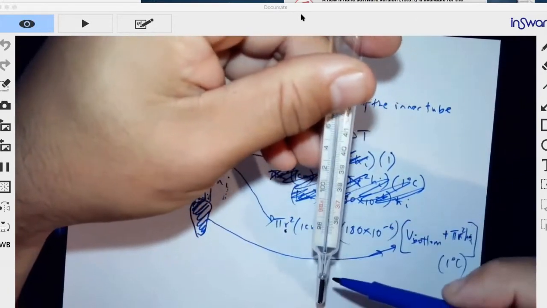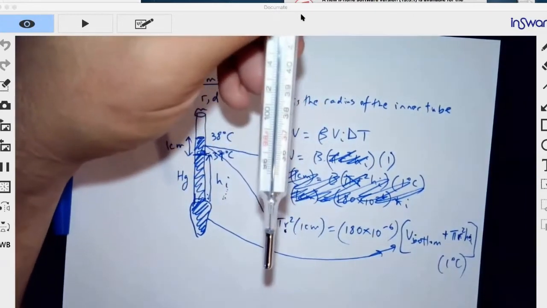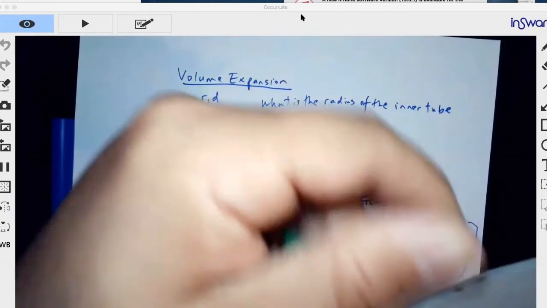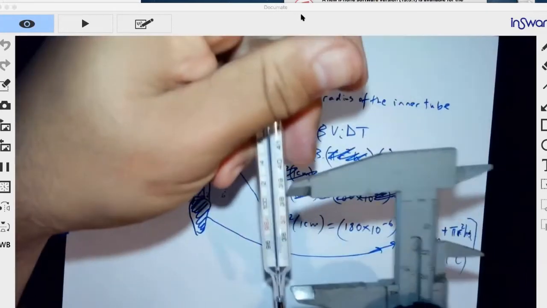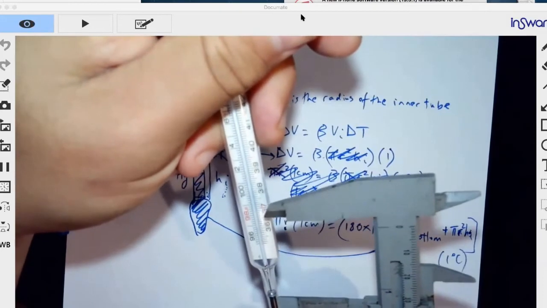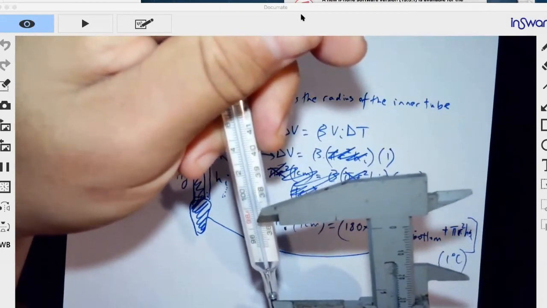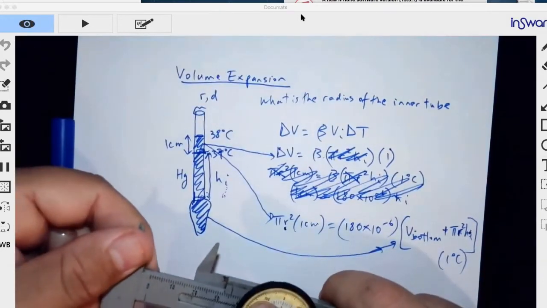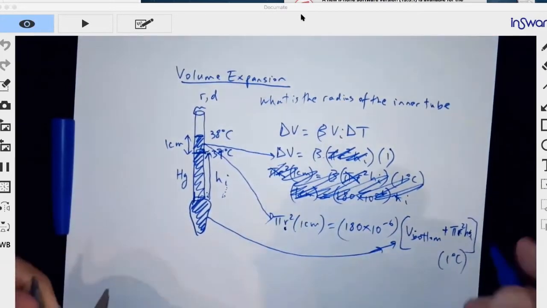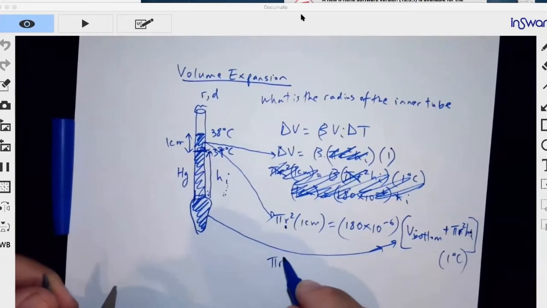So that's going to be, I need my vernier. So something like 3.5 centimeters. So H initial is, so we have pi r squared, 1 centimeter,